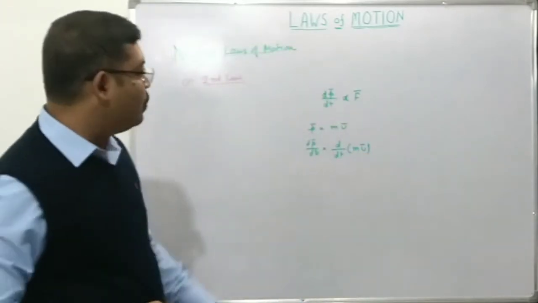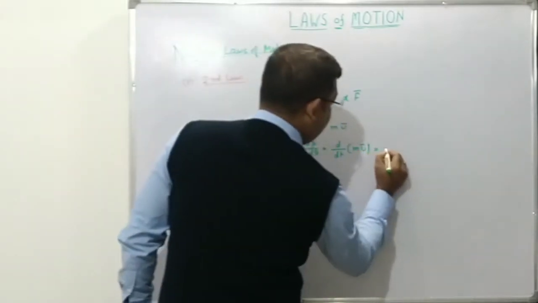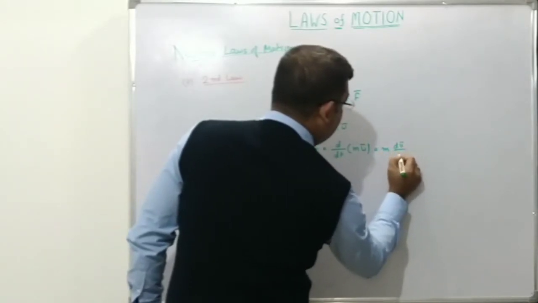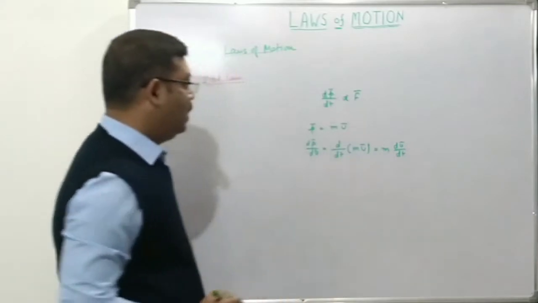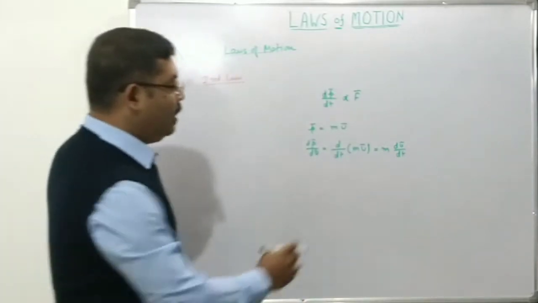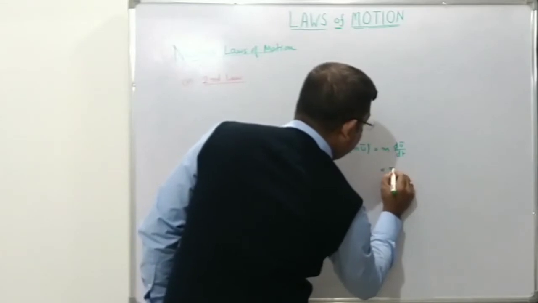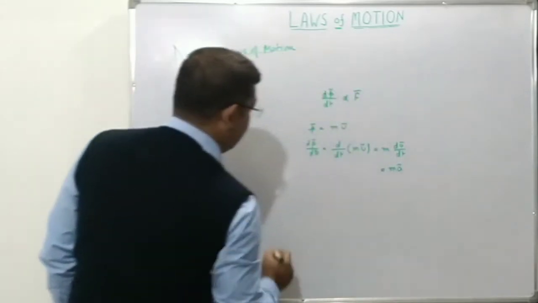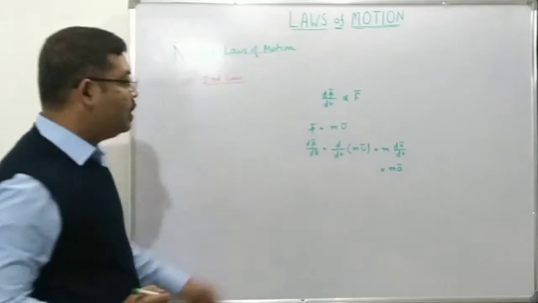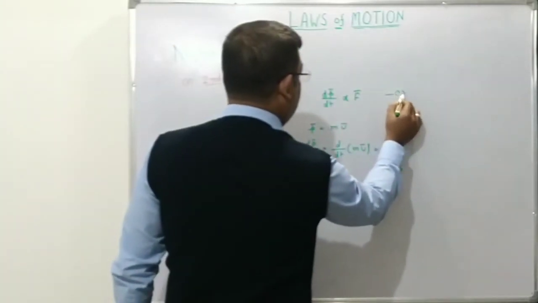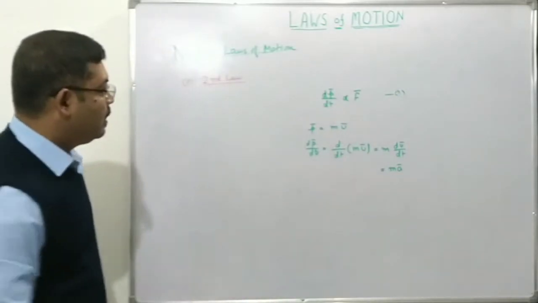But m is a constant, so we can take the constant outside the derivative sign and we can say m into dv by dt. But we know that dv by dt, rate of change of velocity, is acceleration, so we can say m into a. Therefore, Newton's second law of motion, using equation 1 here, simply states that the